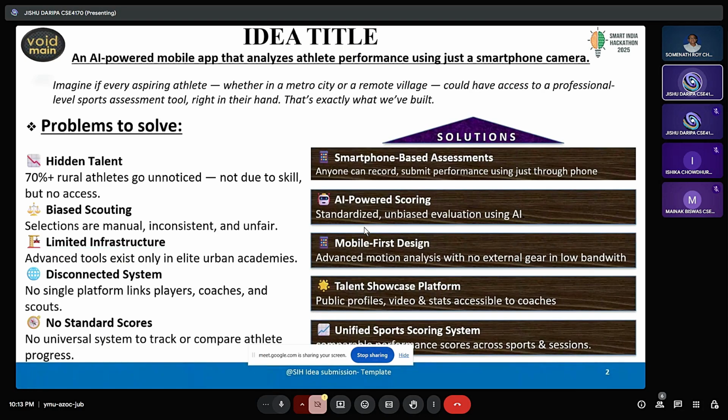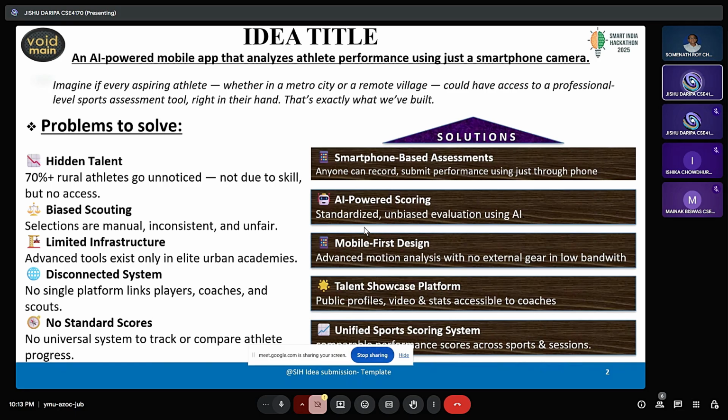Basically, we chose this title idea because we noticed that in India most athletes don't get the recognition they need to reach higher levels like the Olympics. Other countries, like our neighboring country China, are so far beyond us in these sports, and we lag far behind. So we chose this idea to give our athletes a platform